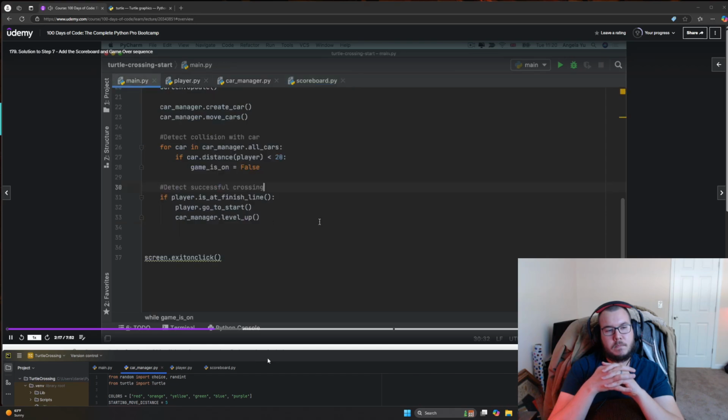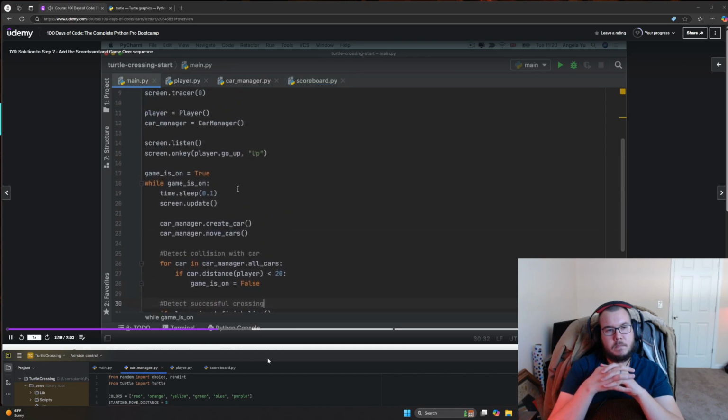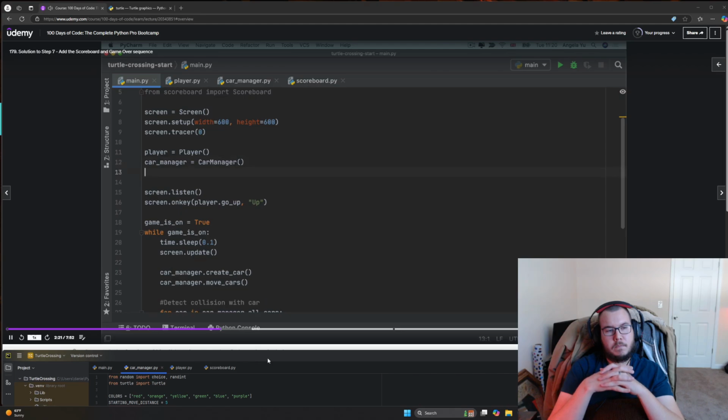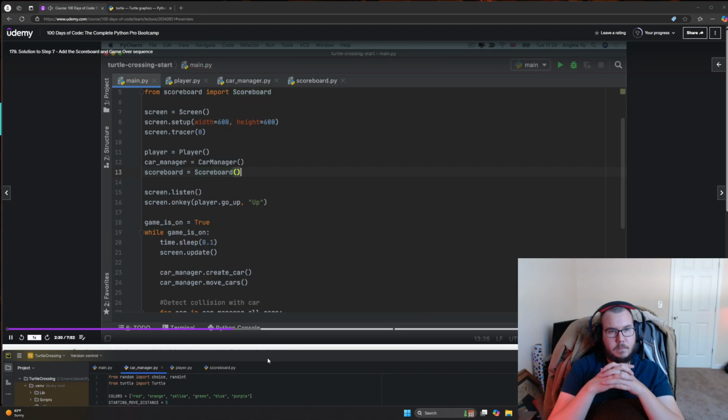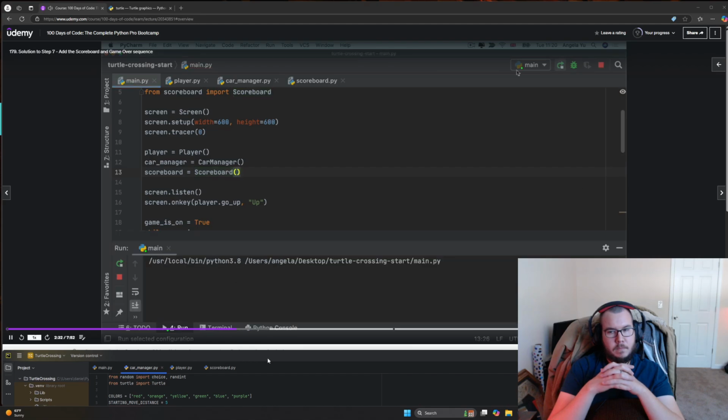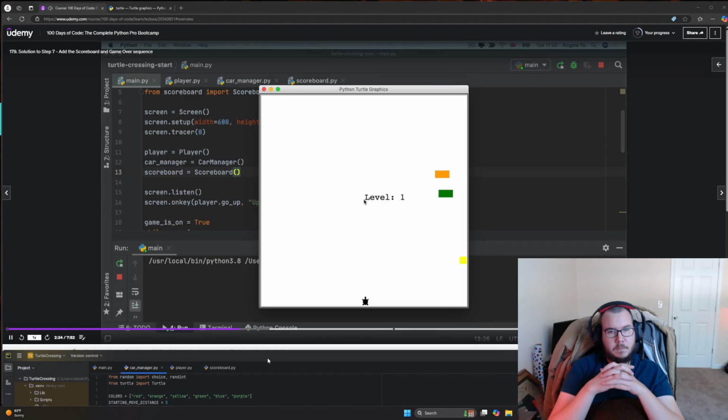Now inside our main.py, next to where we've defined our player and our car manager, I'm going to create this new scoreboard object. And that's going to be created from the scoreboard class. Now notice when I run the code as it is, you can see that our level is left aligned. It's got the font that we defined and it's writing the text that we want, but it's not in the